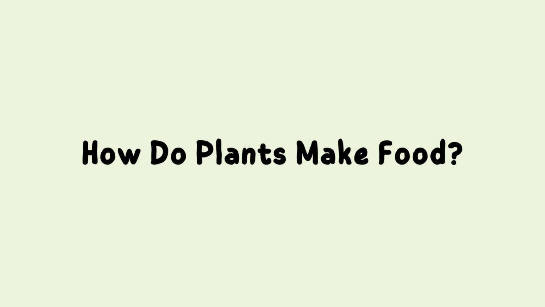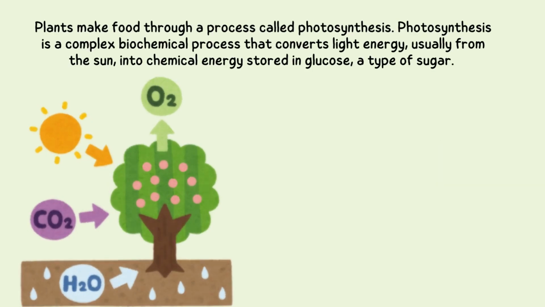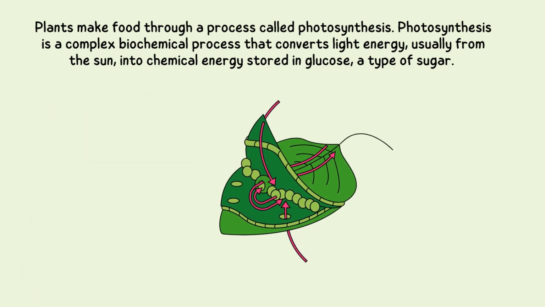How do plants make food? Plants make food through a process called photosynthesis. Photosynthesis is a complex biochemical process that converts light energy, usually from the sun, into chemical energy stored in glucose,